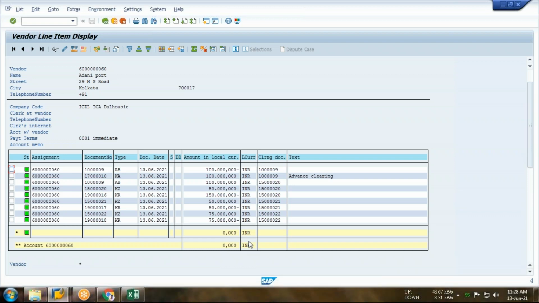Every one of you getting this? Yes, sir, clear. Yes. So now I am going to give you the end user task. So जो लोग मेरा server में हो, you can easily practice. Students who are using the ICA server, please confirm whether you are able to create the vendor or not in your server. If it is yes, please let me know. I will give you the credential for practice.